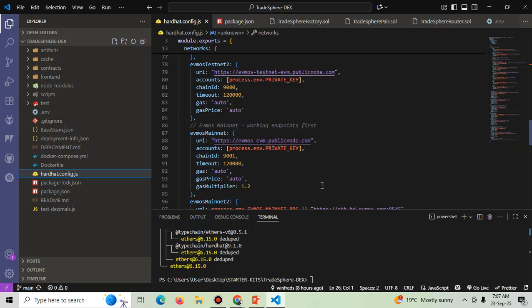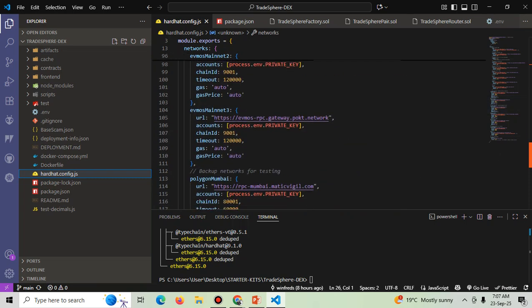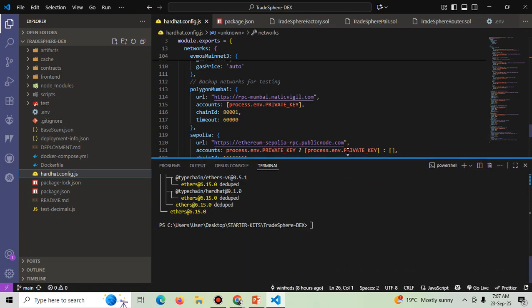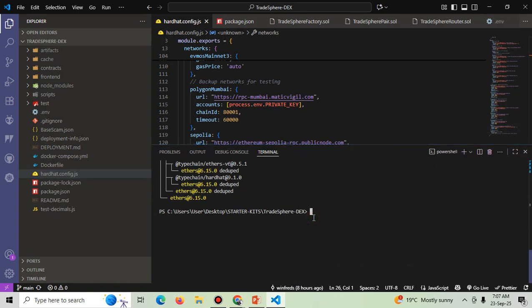So the beauty of hardhat is we can actually deploy the same contracts on an EVM compatible blockchain with just a network parameter change. So now let's get started into the deployment. So I think I'll need to first clear this,